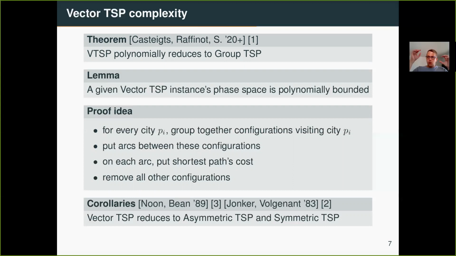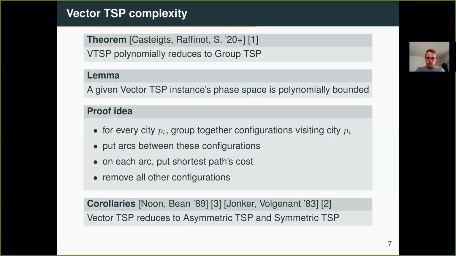Afterwards, we put arcs between every group. So not inside the groups. We don't put arcs inside the groups. We only put arcs between all members of distinct groups. And then on each arc, we put the cost of a shortest path. And shortest paths, of course, in the phase space, you can compute them polynomially. And in the end, you remove all the other configurations who do not serve anymore, and you end up with